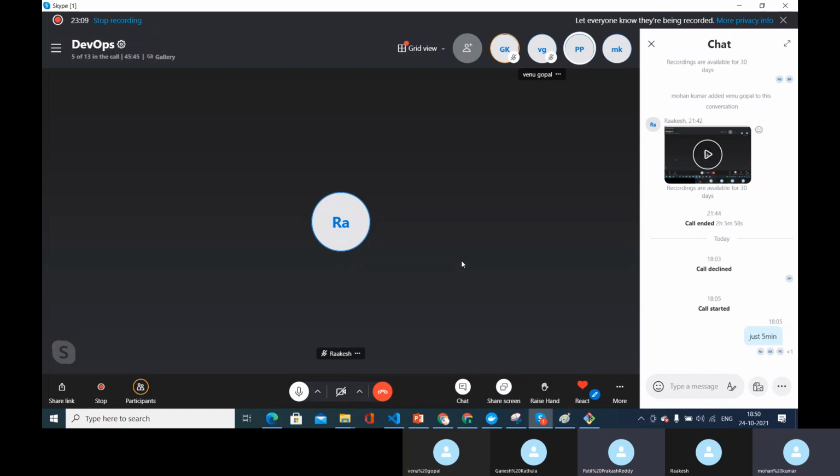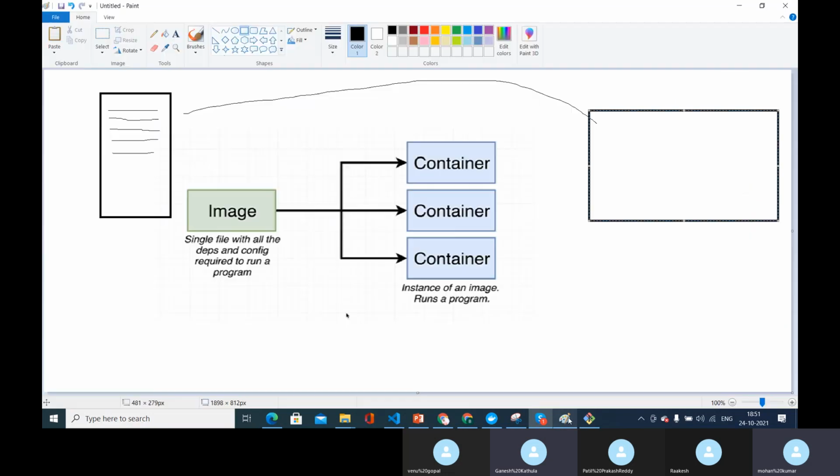Okay, Mohan. Up to now. Just Ganesh. Venu, is it making sense? Yes, bhai. Let me know if you're not getting something, because in the entire DevOps, these two tools are very important. That's why I'm stressing over here.